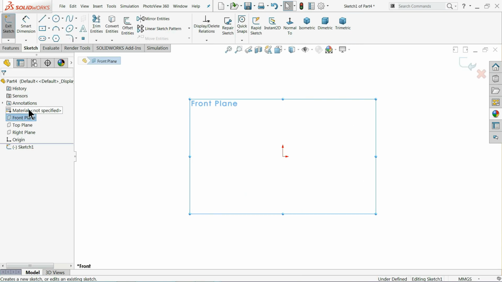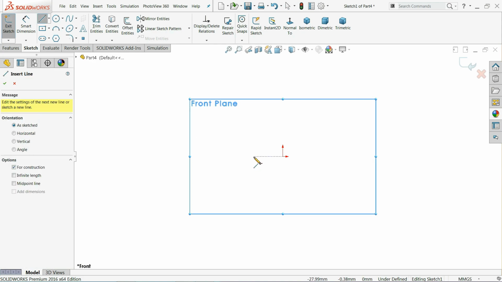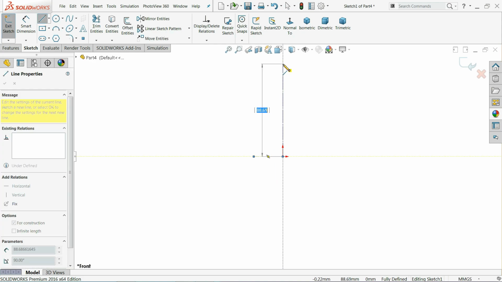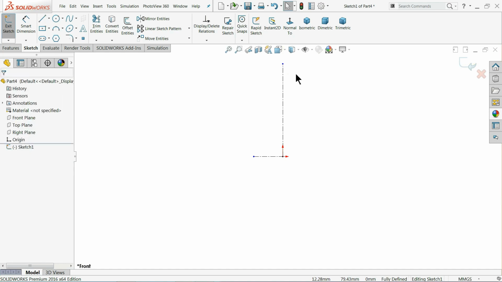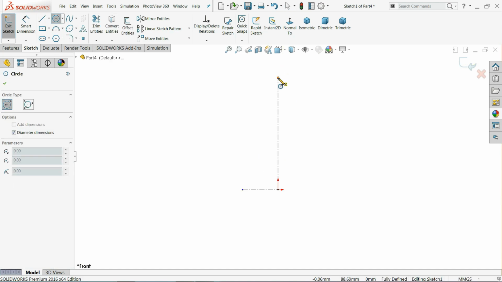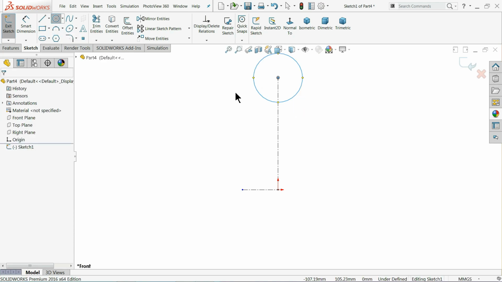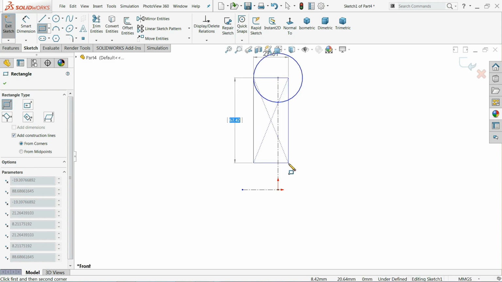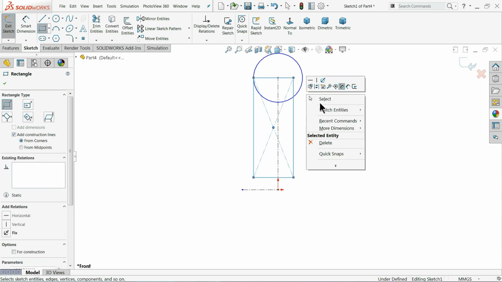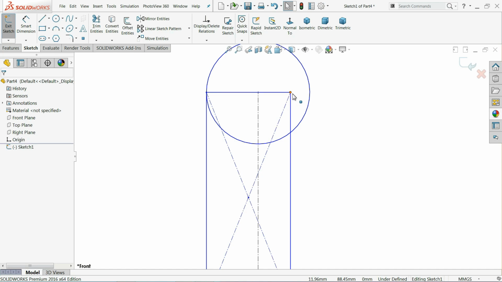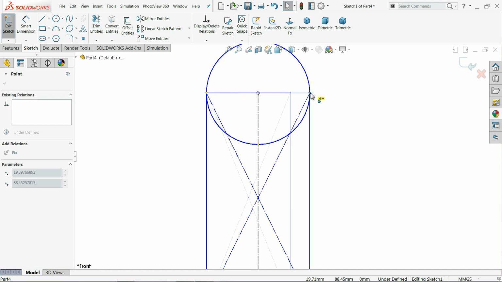Front plane sketch. Center line, and let's draw vertical and horizontal center line for reference. That's fine. Corner rectangle. Now drag this one up to here.